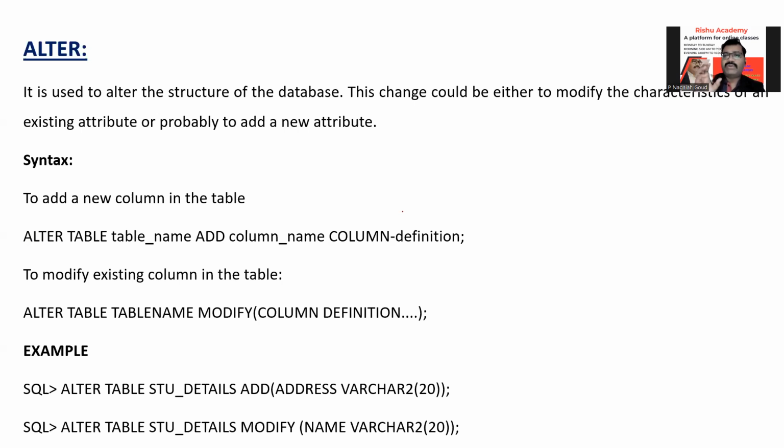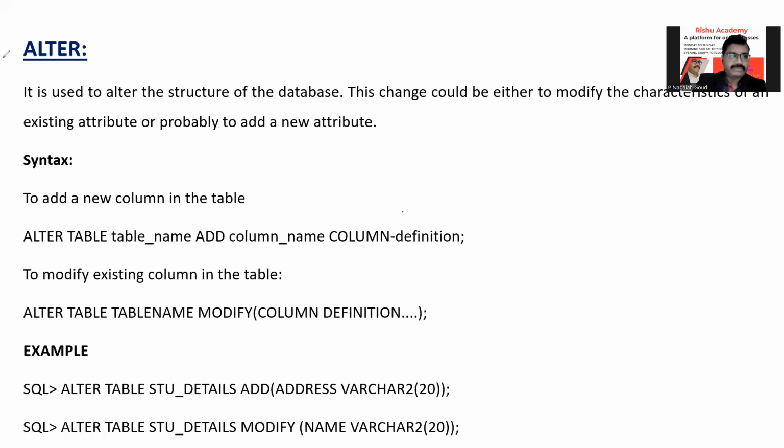Why? Because, for example, I want to store the employee name. Employee name has 30 characters, but I gave the size as 20 characters. I want to change the size of the employee name. So for that, we can make use of the alter command. By using alter command, we can add a new column. We can modify the existing attributes. So the general syntax here is